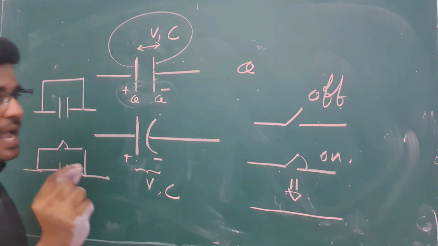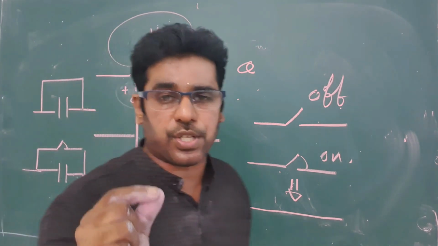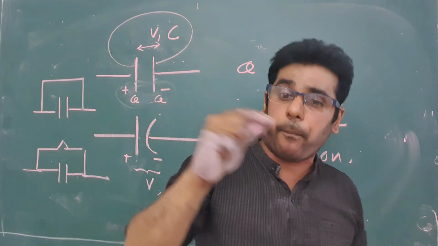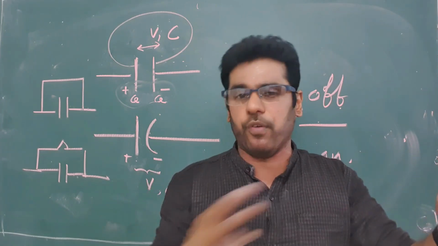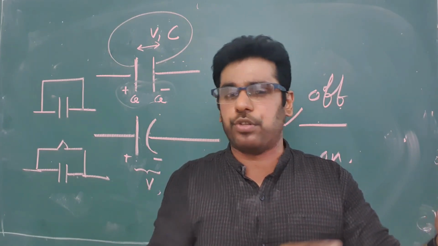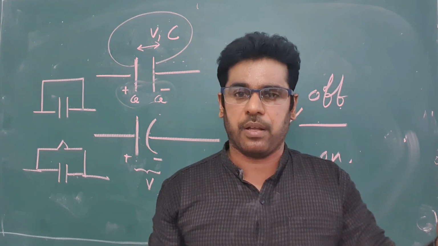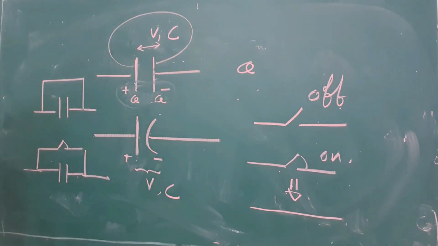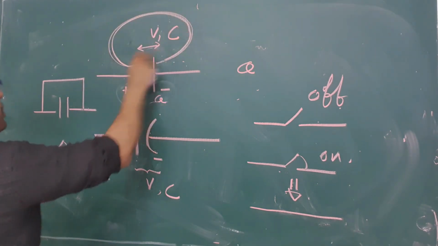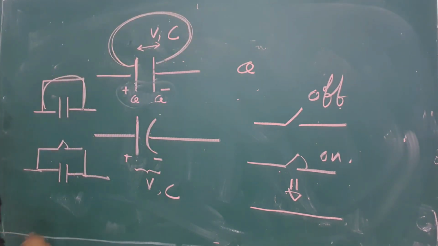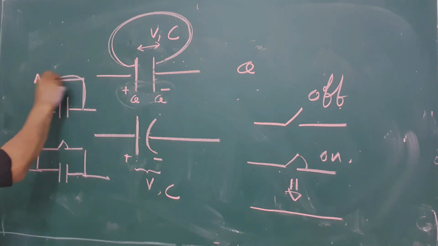So when you have a closed switch or conducting wire parallel to the capacitor, you better remove that capacitor from the circuit. Remove it, erase it. When you do the calculations, erase it. Right. Now actually that is a short circuit. We call this a short circuit, because if you label this point as A, this is also A, this is also A.